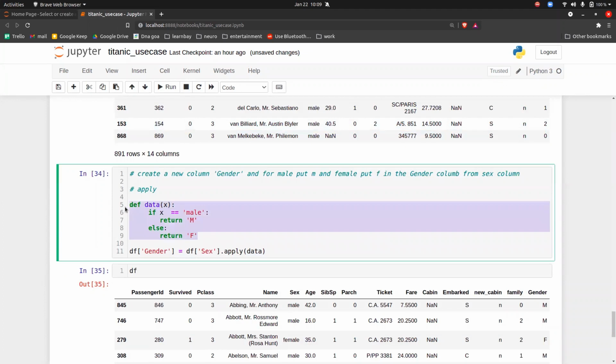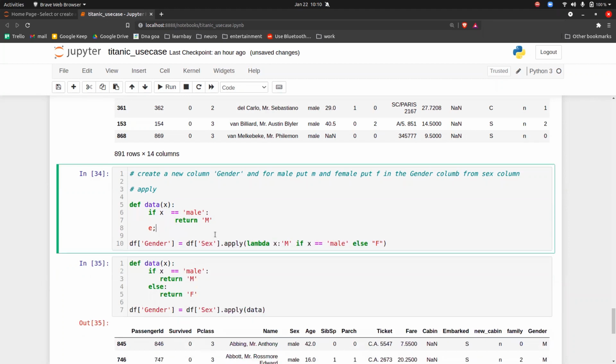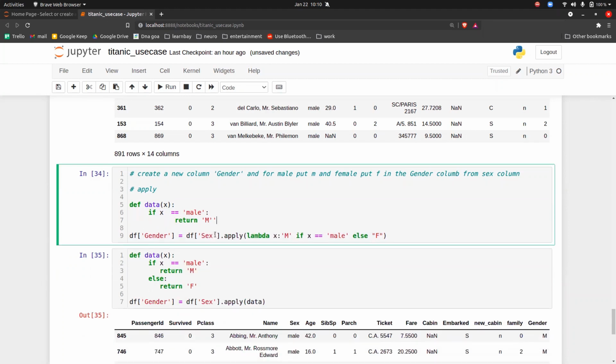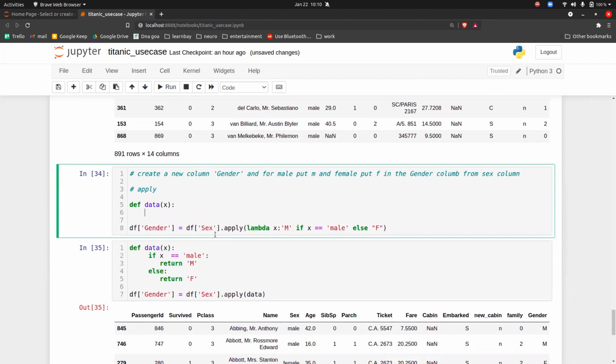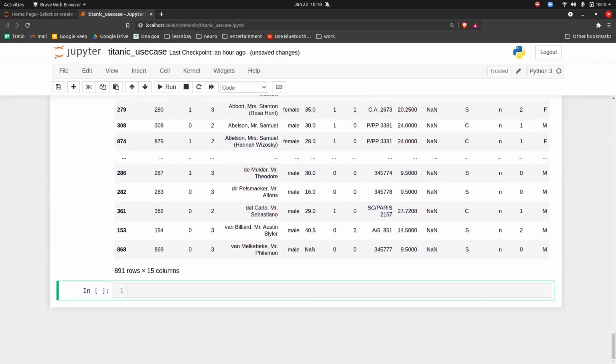So you can use your own customized function also. Just call the function and automatically the input parameter goes as that row, row wise or column wise according to the axis equal to 0. So you can do this, or you can do that. It's totally up to you how you want to use it. If it's a very big function, then you can use your customized function like this. Any doubts, any queries, please ask.